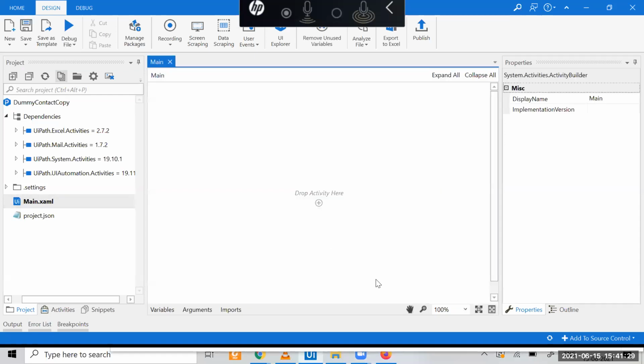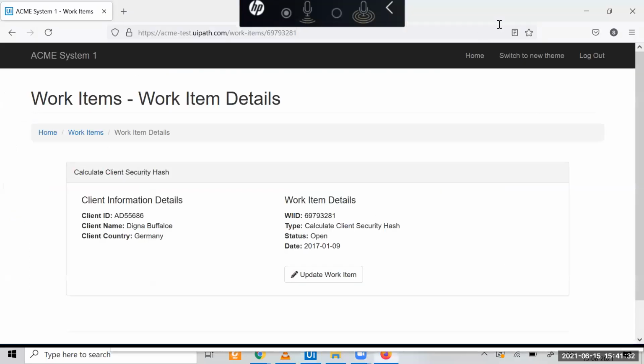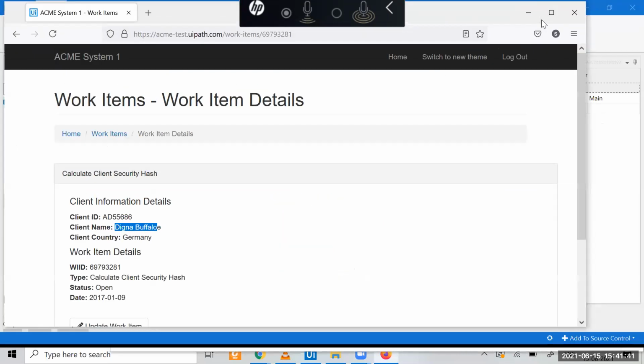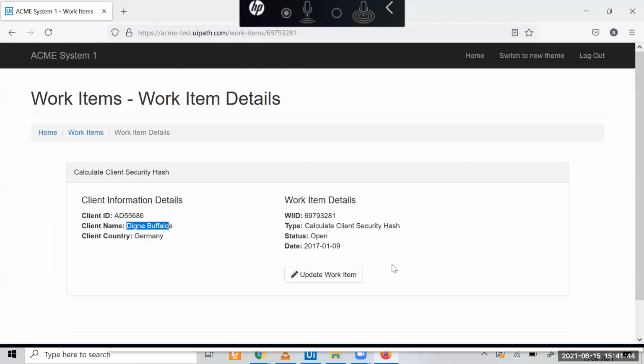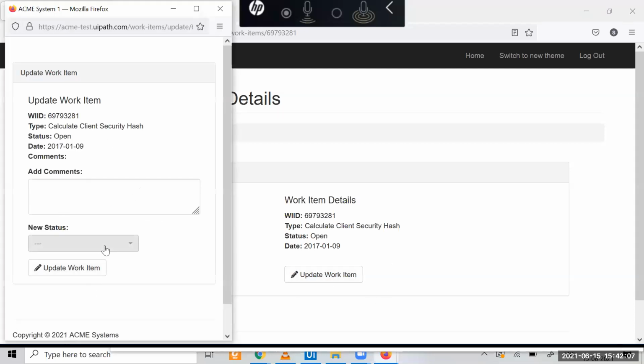Suppose I am logged in and I just want to copy these things. If you remember, the problem statement was that you have to copy these three things, put a hyphen in between, and then paste this data into that SHA1 website where you will get the encryption code. Then you have to paste the encryption code in the update work item, in the comments, right? Then you have to click completed.